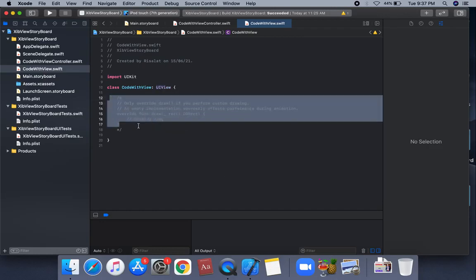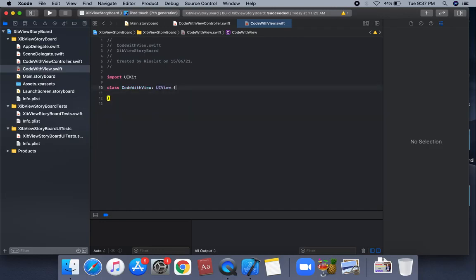UI view. Firstly, we will discuss UI view. What is UI view? An object that manages the content for a rectangular area on the screen. Views are the fundamental building blocks of your app's user interface, and the UI view class defines the behavior that is common to all views.